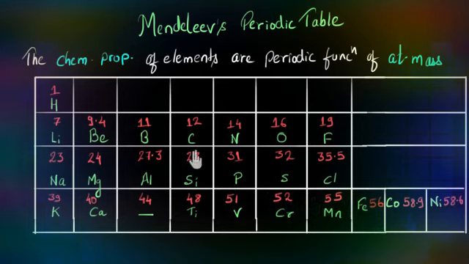And also about isotopes. See, isotopes are atoms of the same element, meaning they have the same chemical properties, but they have different atomic masses, such as a carbon-12 atom and a carbon-14 atom. Both are carbon only, both have the same chemical properties, but different masses. So should they be placed separately or in the same place? And there were some other limitations also. Only if Mendeleev knew how the chemical properties of atoms or elements are decided, he would have been able to answer this. But this answer comes after certain years.